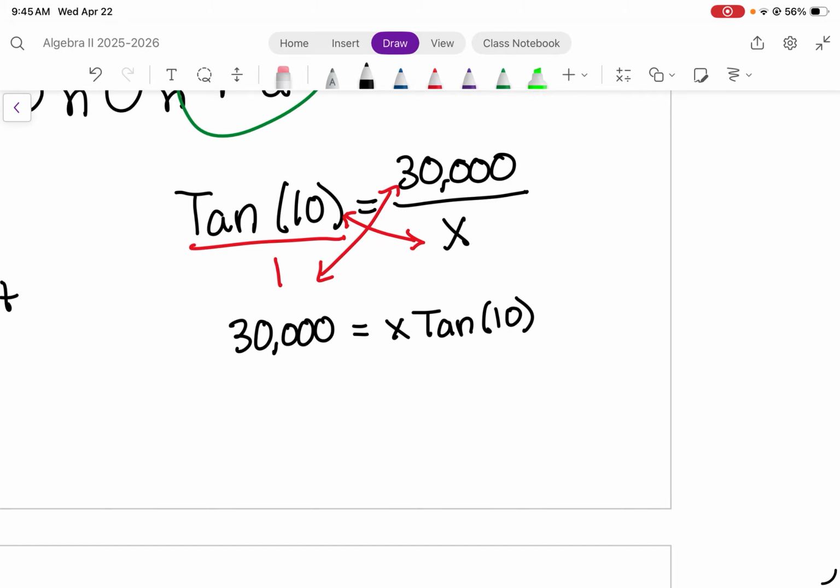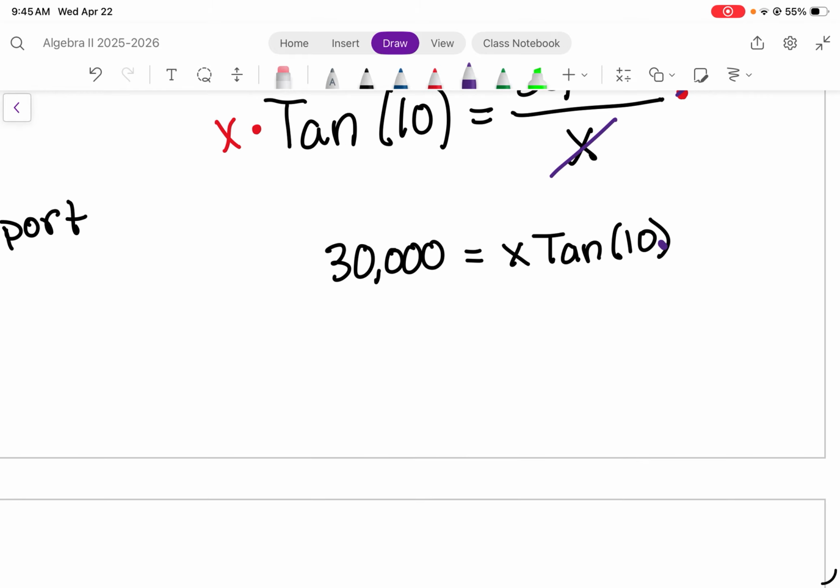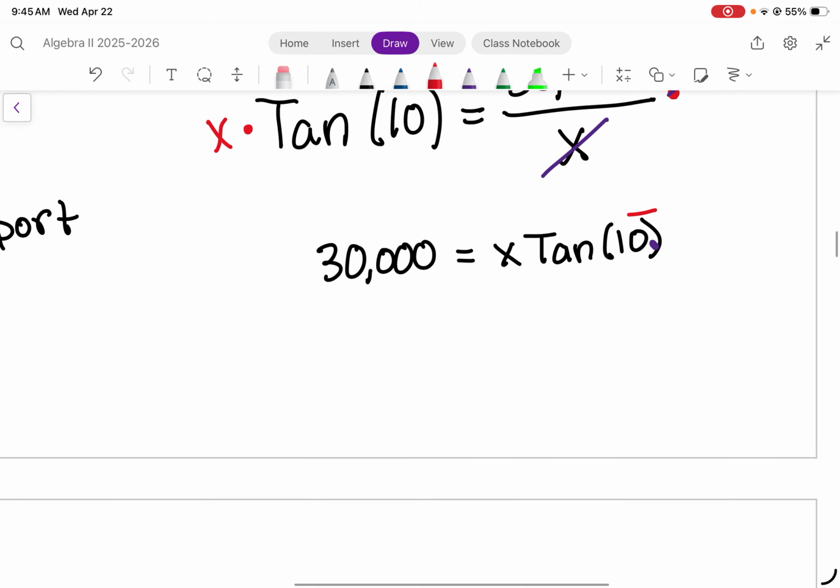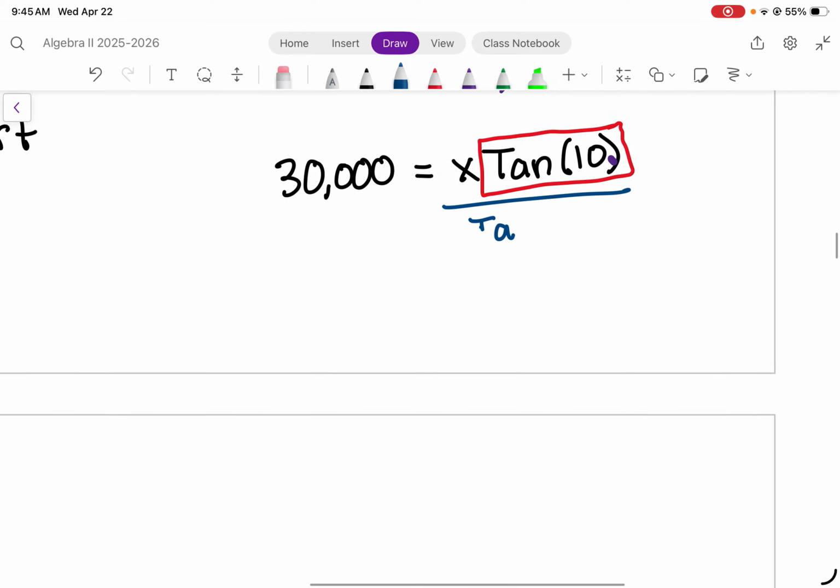Another way you could have done it is you could have just multiplied both sides by X. So if we were to do times X and then times X, we would get the same result at this point, because the X's over on the right would just cancel and we would have 30,000 by itself. So those are the two different ways I usually show people how to start this problem. And then another thing that's important to remember, the tangent of 10, that is just one term or one value. They are stuck together. You cannot just divide by 10 and then divide by tangent. They go together. So if I want X by itself, I'm going to divide both sides by the tangent of 10